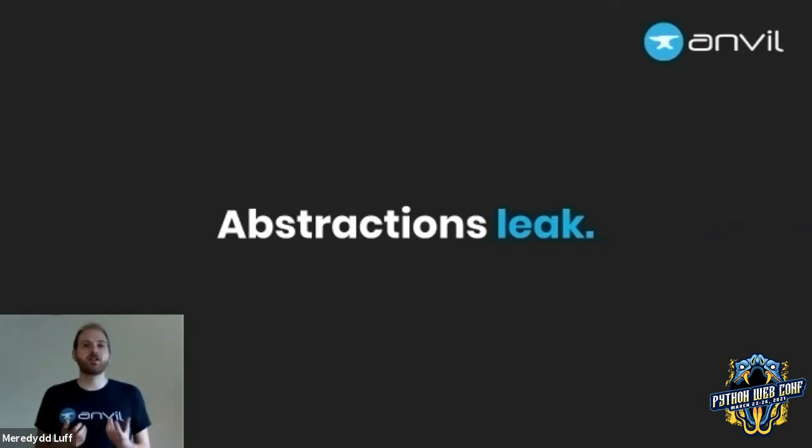First, an abstraction can leak. And what I mean by that is that the underlying details of the system the abstraction's modeling, remember the abstraction is a model of some underlying system, the details of that underlying system or the details of how the abstraction is implemented can become uncomfortably relevant to the user of the abstraction, and suddenly they need to understand the underlying system you are shielding them from, or they need to understand how you built the insides of your abstraction in order to get anything done.